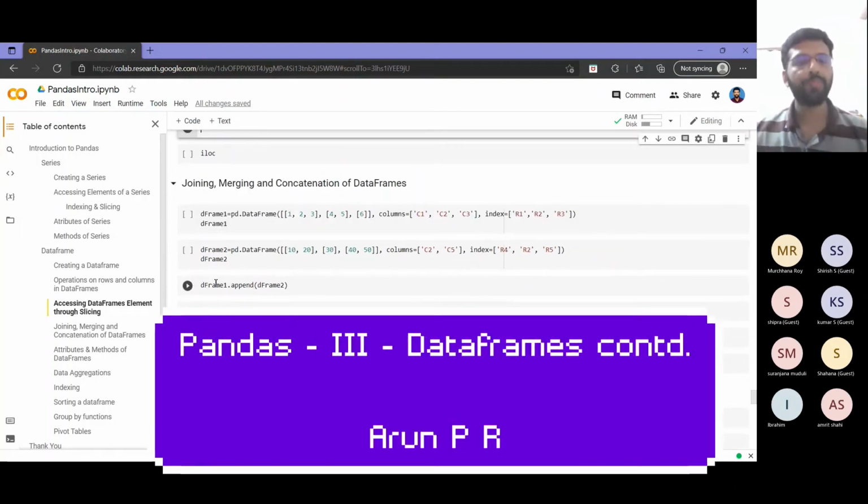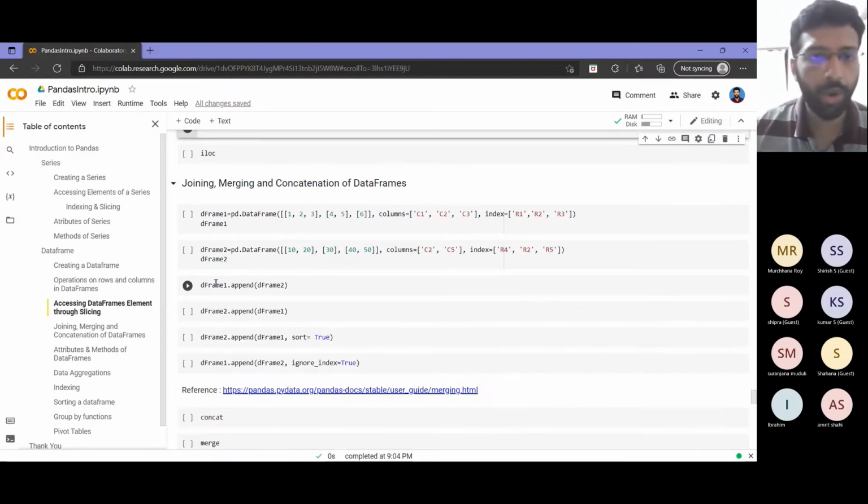Now coming to something more important. Suppose you have your data in separate frames, and you want to join, merge, or concatenate them. I will not cover these things in much detail. I will just cover the join part, and I will show you some examples for concat and merge from the official documentation with the diagrams. That is clearer than when I try to write code to explain it. So that is the way I'll do it.